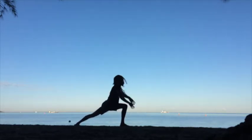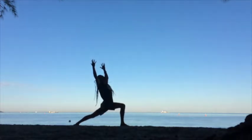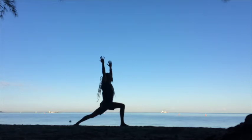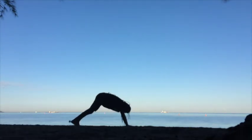those hands lift up to the sky. Same thing, can you spread the fingers up to the sky and let your shoulders ease down into the spine? Press the back heel into the ground so that your hips line up next to each other. Just try, just practice. When you're ready, we'll exhale, hands back to the ground and step that foot back into